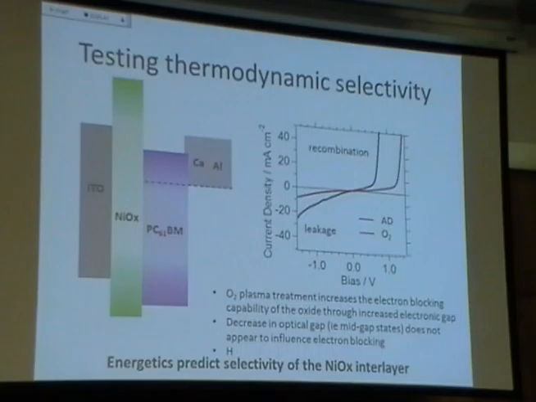So as we change the gap of our nickel oxide, so as we play around with this LUMO level, we actually can change the leakage level. All right, so this is my attempt to say, look, we actually do have this idea of thermodynamic selectivity. By tuning the surface chemistry of this nickel oxide, I can tune whether or not those charges can go through